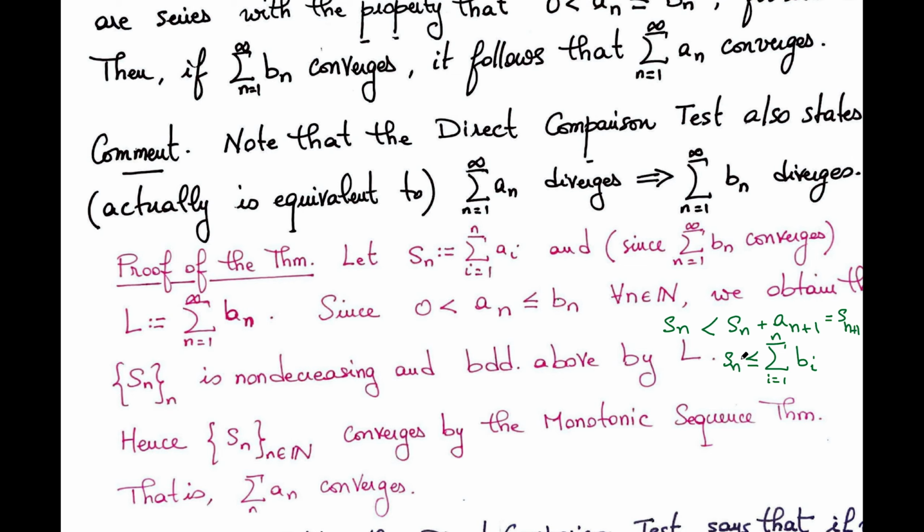So the sum A1 plus A2 all the way to An is bounded above by B1 plus B2 plus all the way to Bn. And since every Bi is bigger than An, which itself is positive, certainly Bi is positive. So that's going to be less than or equal to